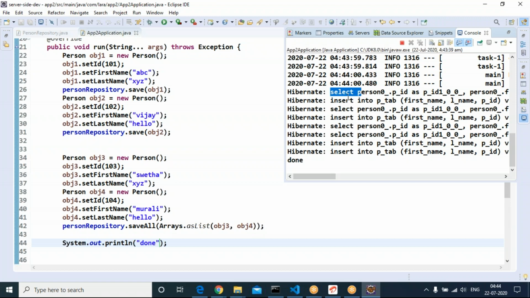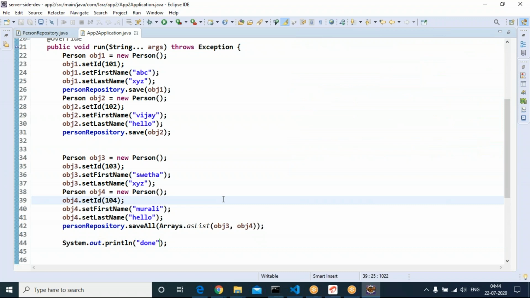or not. If it is available, then it will go for update. If it is not available, then only it goes for insert.